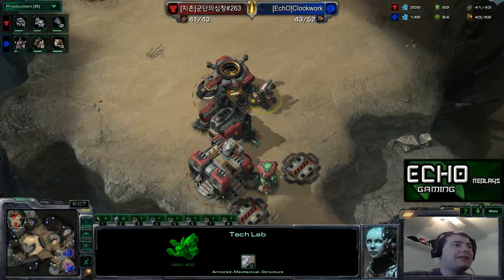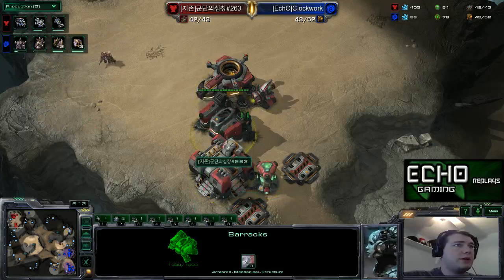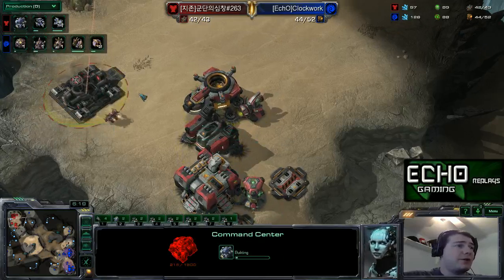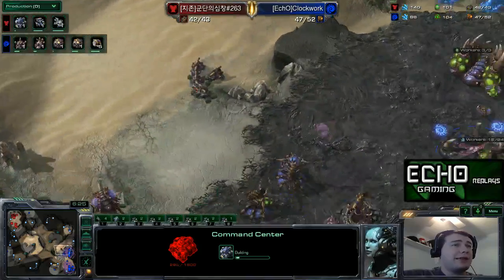You already have a tech lab, so you can switch up to tanks. You've already got a reactor, so you can switch up to a ground-based marine play, because you can throw that on the starport and start getting those Medivacs right away. Regardless, command center is being built up on the high ground, so 263 is thinking about taking a natural, and